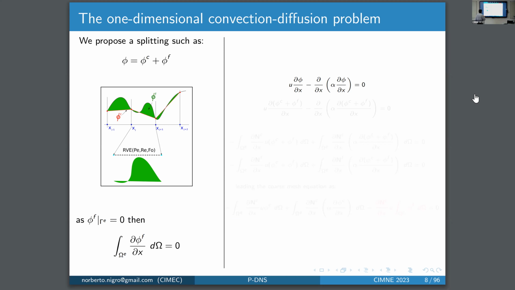So this kind of problem is very different from fluid mechanics problems, because in fluid mechanics you have the nonlinear terms that produce the chaotic motion, the chaotic representation of the solution. But here the velocity is imposed, so you don't have non-linearity. It is a linear problem, so these features produce a different approach to this problem. So we impose some restrictions on the fine scale solution, for example, that the solution at the end of the